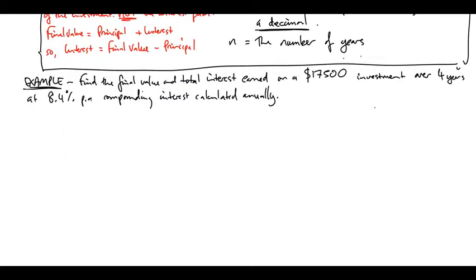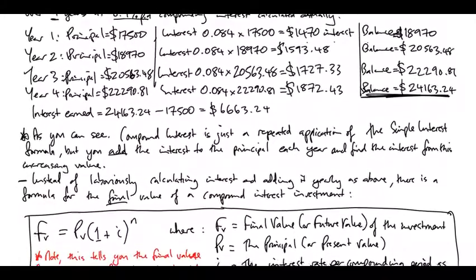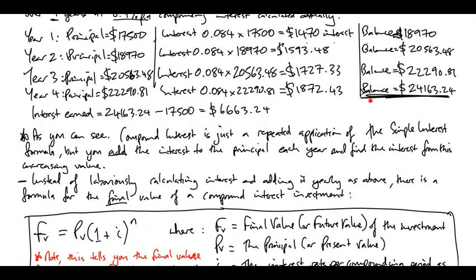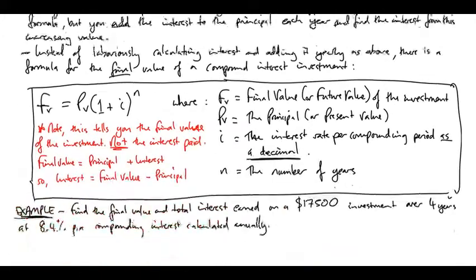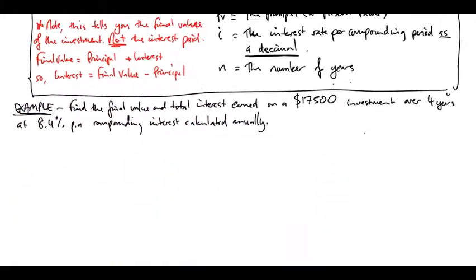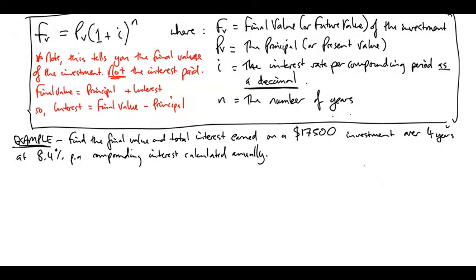So let's have a practice of doing that. This is basically a quick way of getting to the answer here, instead of doing it for 4 years. So it is the exact same question, but we're going to do the formula shortcut. I've shown you the long way so that you understand how compound interest actually works, but the short way will save you a lot of time. So this question is find the final value and total interest, exactly the same, on 17,500 over 4 years at 8.4%. So PV is the principal, it's 17,500 times by, in brackets, 1 plus